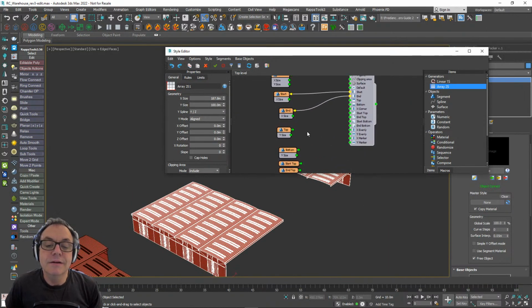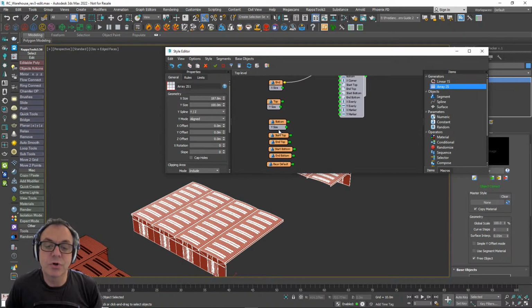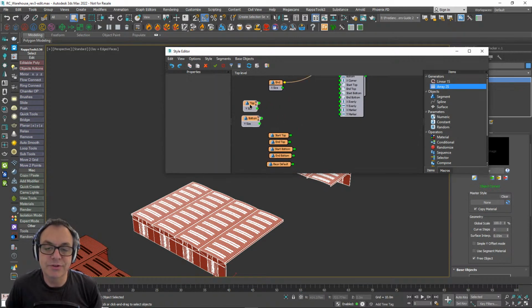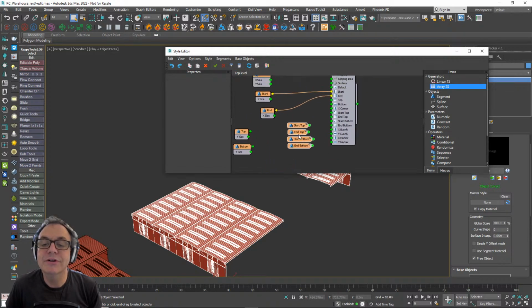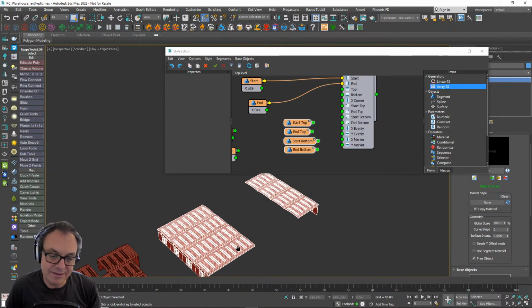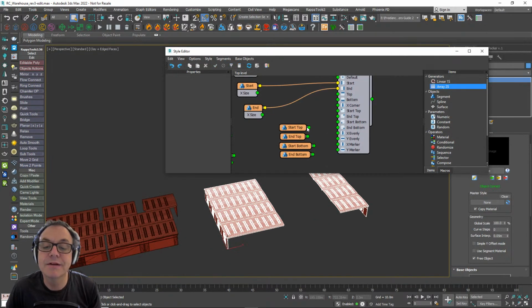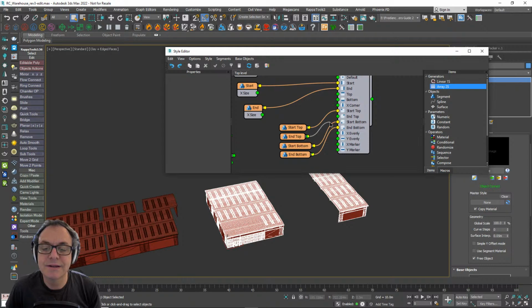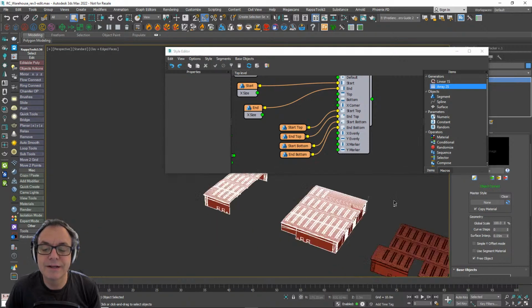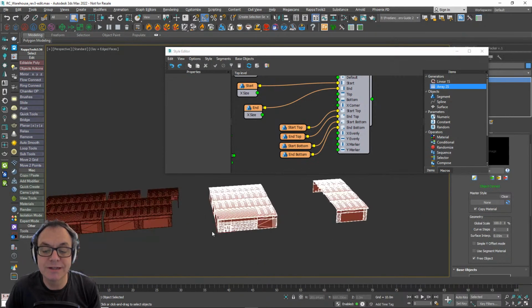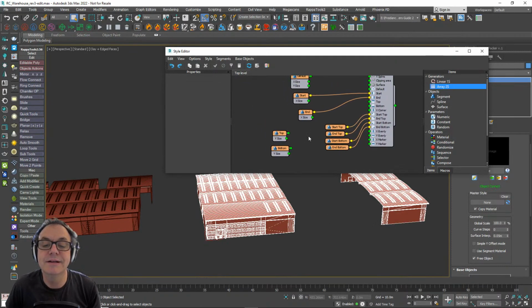Right, good. And now I'm going to just add the corners. So you know the 2D array hopefully, or if you don't, you're about to. We're basically able to target several parts of a 2D array. So I can target the start and the end at the bottom, and the start and the end at the top, and that's what these segments here are. You can see the geometry over here. So I'm going to start with the start bottom, end bottom, start top, end top. Okay, so you can see it's swapped in those pieces of geometry there and there. Easy enough so far.